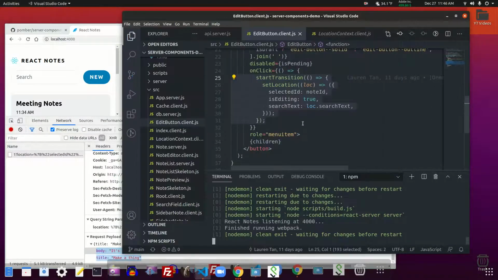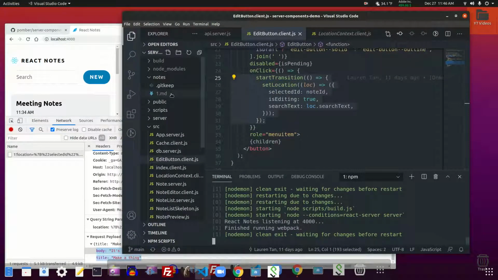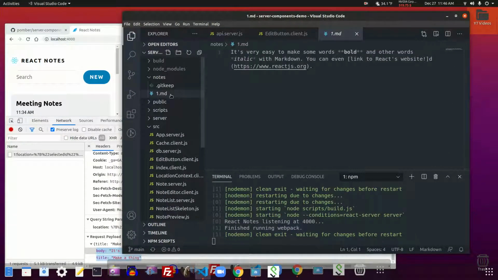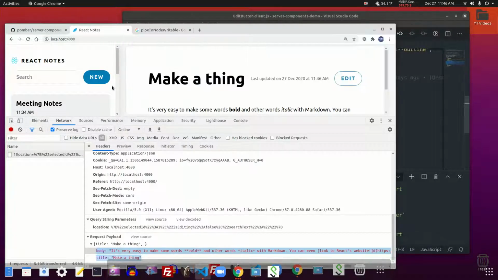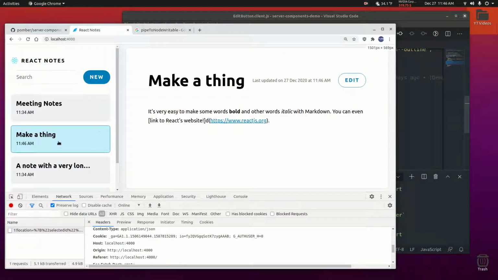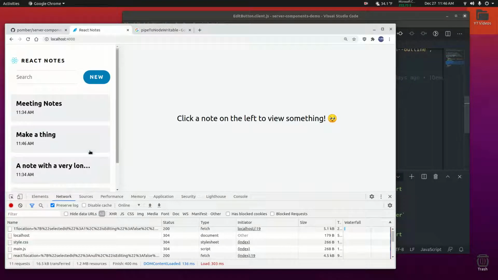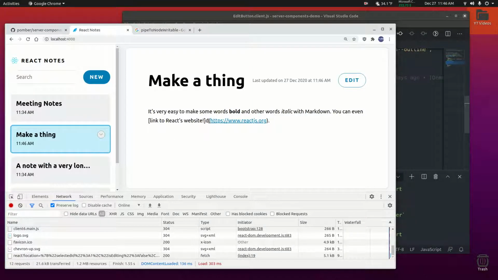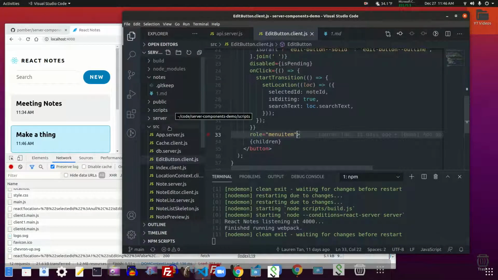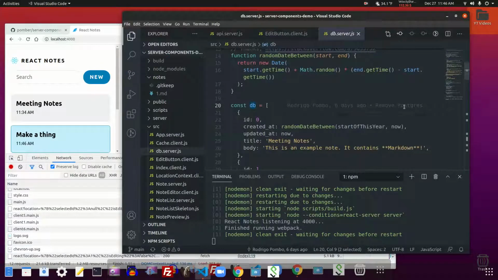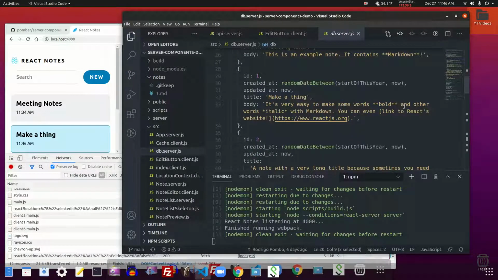And on the server side, it sets the value of that somewhere. I want to see if I refresh and this change stays. So if I refresh, click on make a thing, and here. So I wonder where this is stored. I mean, it couldn't be the server. It couldn't be the database because the database is fake, unless